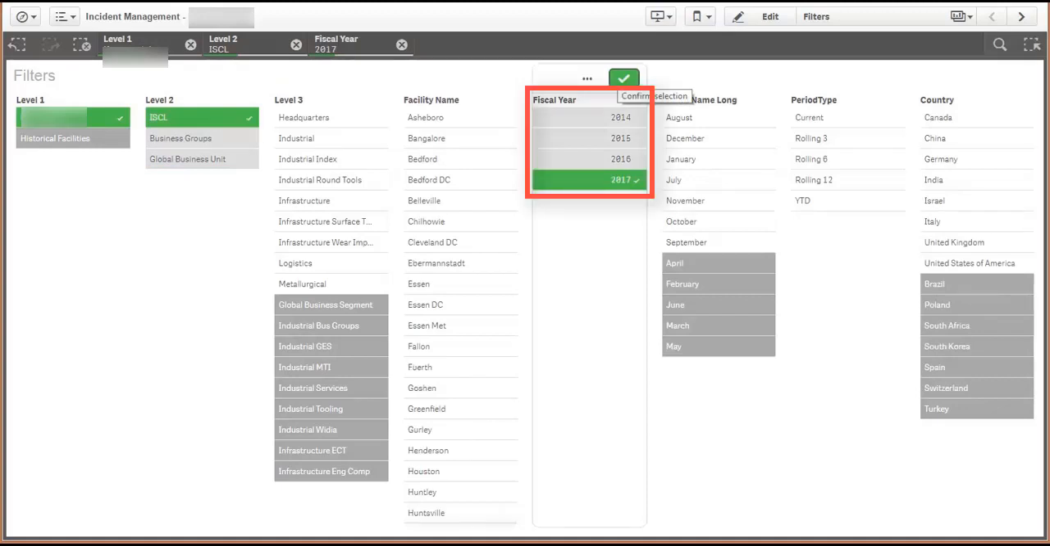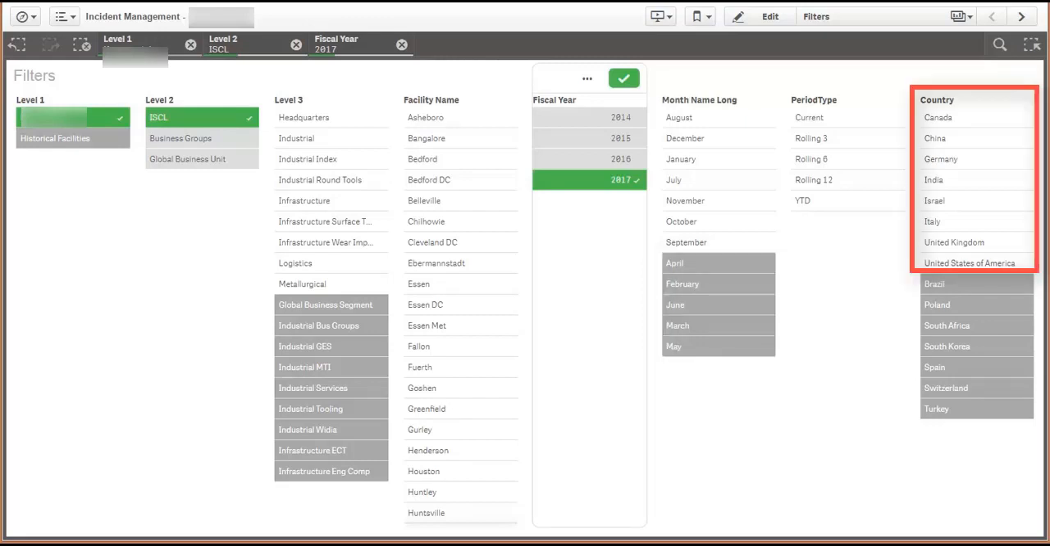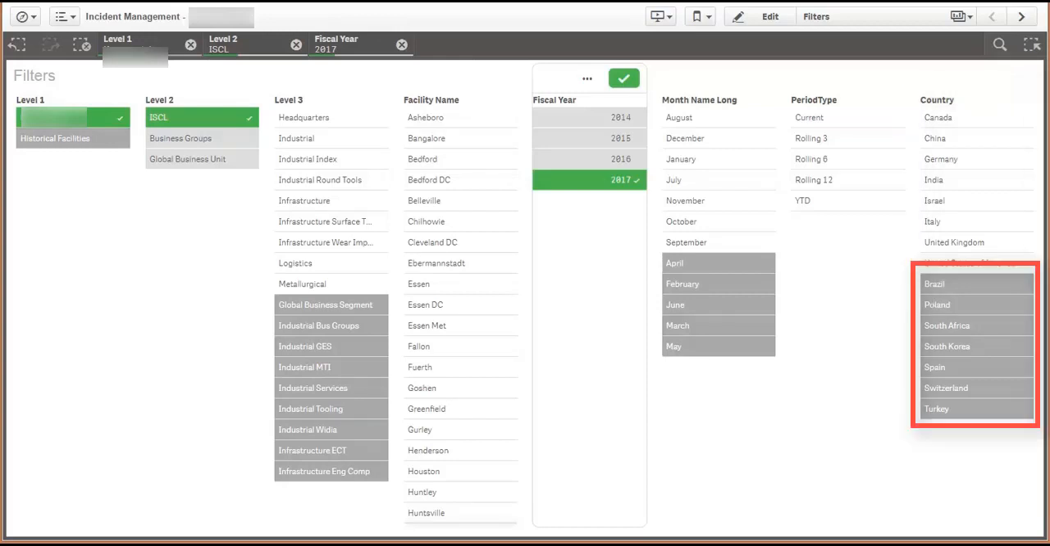So now that I've selected fiscal year 2017, you saw there are a few months that have got disabled. That means for the 2017 fiscal year that starts in July of 2016, February, March, April, May, and June are not an option. For this particular OU, the facilities lie within this country. So the other geographical regions are not part of the data set that we have selected on ISCL for the